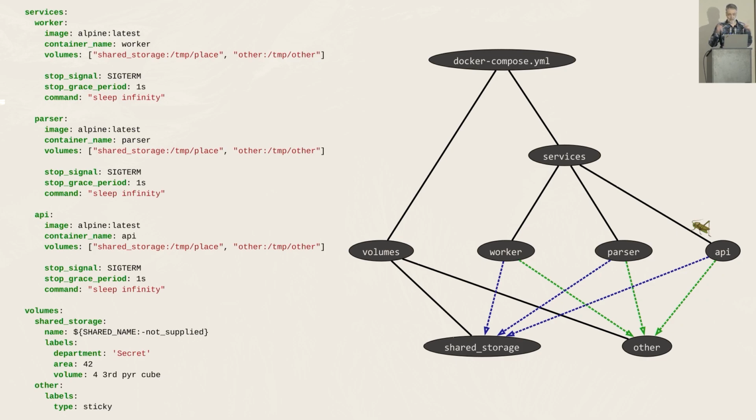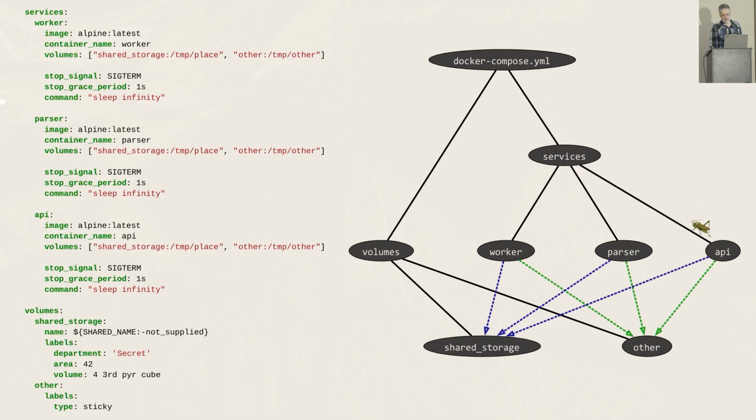But you can't just create any references in a Docker Compose file. You can only create references in relation to volumes and a couple of other things called depends on, extends, and external links. And actually, you can parameterize some of those links, which is kind of weird because they're kind of like functions, but that's a rabbit hole I'm not going down in this talk. They're all storage locations. Of course, from the point of view of this code over here, you can't actually put anything in them. If you want to put something in those storage locations, you've got to run this file in its execution context, which is Docker Compose.